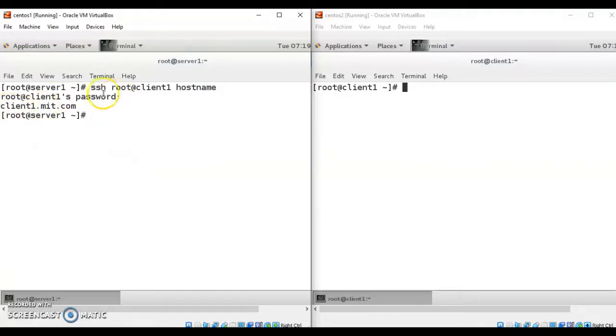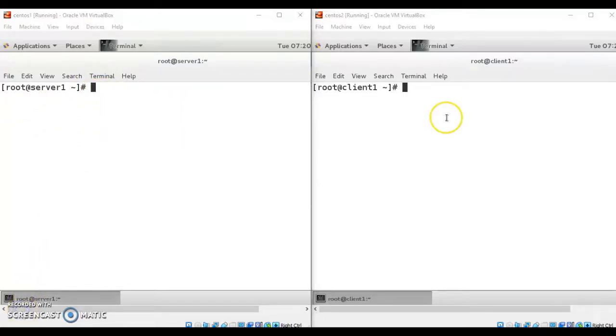That means, see here, you have run the command on your remote machine by using SSH, and you have displayed the hostname. That is known as non-interactively running the command on the host machine. So this is the use of the SSH command. Similarly, you can try to log in from your client machine to your server machine by using SSH: ssh root@server1.